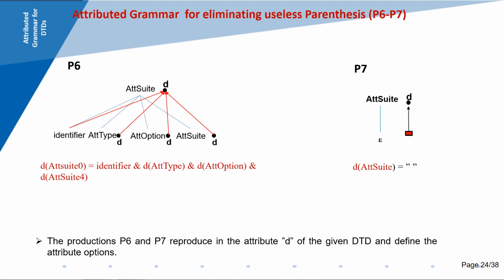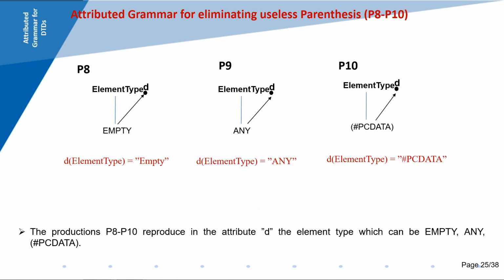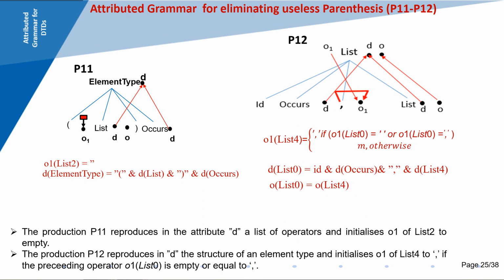P6 and P7 reproduce in the attribute D of the given DTD and define the attribute options. The productions P8 to P10 reproduce in the attribute D the element type, which can be EMPTY, ANY, or #PCDATA. The production P11 reproduces in the attribute D a list of operators and initializes O1 of list 2 to empty. The production P12 reproduces in D the structure of an element type and initializes O1 of list 4